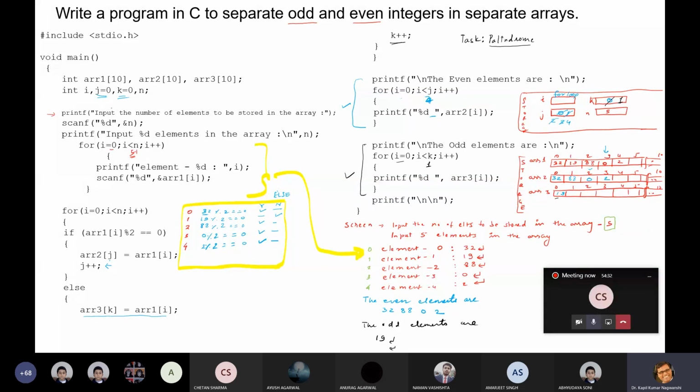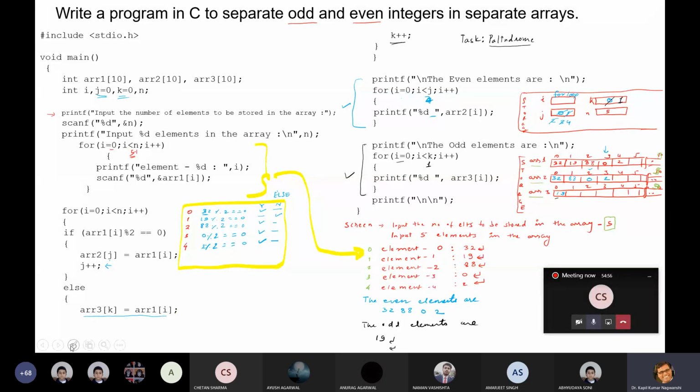Now come to array 1, array 2 and array 3. These are created for how many elements? For 10 elements, so the last index is 9 for each.